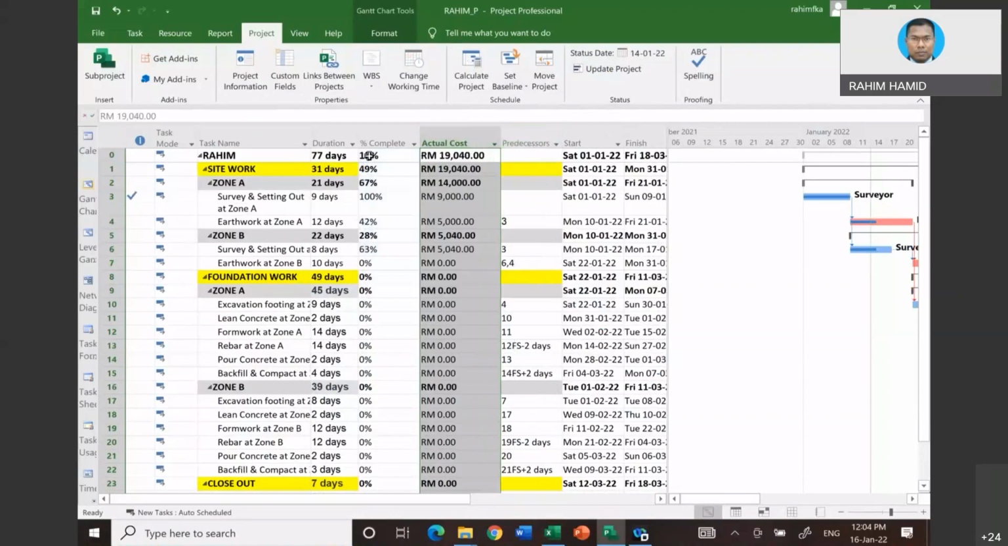15% as percent complete. So the first 2 weeks of the work progress, supposedly, as per plan, this is what you are going to get. 50% of the physical progress, and the cost is 19,040. Okay, this cost is basically based on 50% of the work. In reality, you can